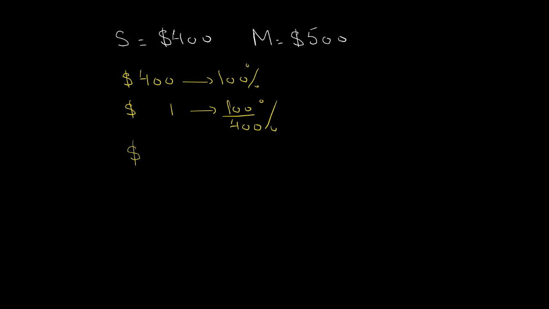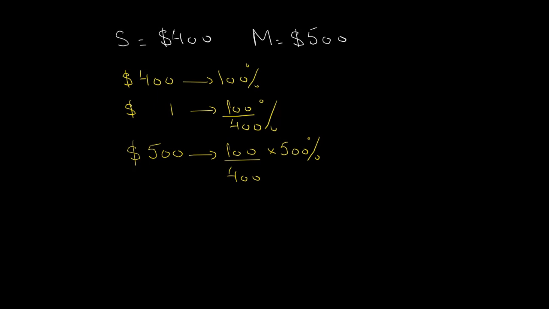Which is just 1/4%, and then we'll have $500 is going to be equal to 100 over 400 multiplied by 500%,